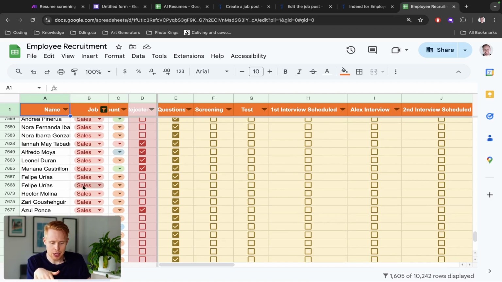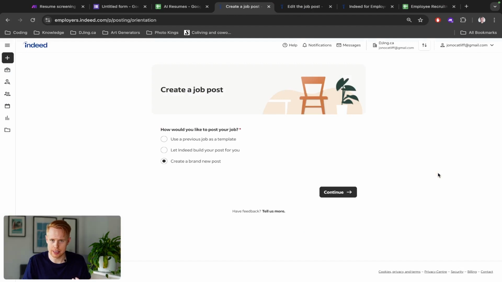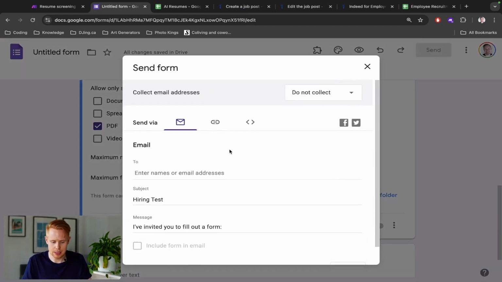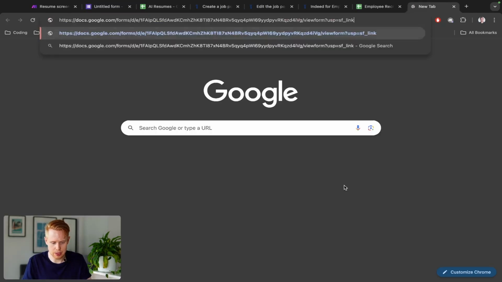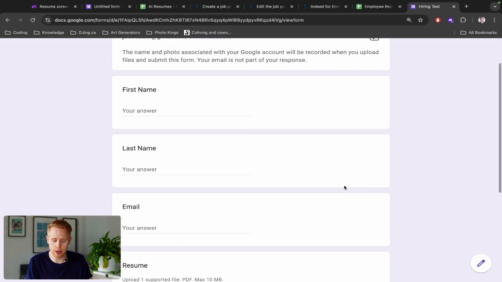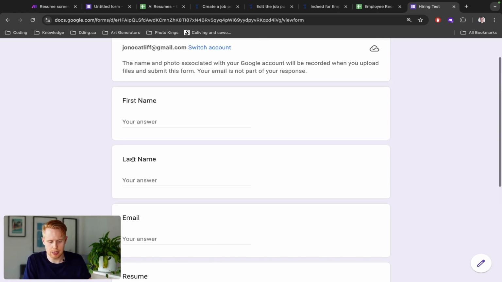Now, what we're going to be building out today is this scenario here, right? And what's going on here is we're going to publish a job on Indeed, and then we're going to take that job posting and automatically send the person a message asking them to fill out a form like this. And I'll just give you a quick look at what this looks like, copying and pasting this in. So we're going to tell them to submit a questionnaire or our onboarding form. And in that, there's going to be a field here asking them to submit a PDF resume along with some basic